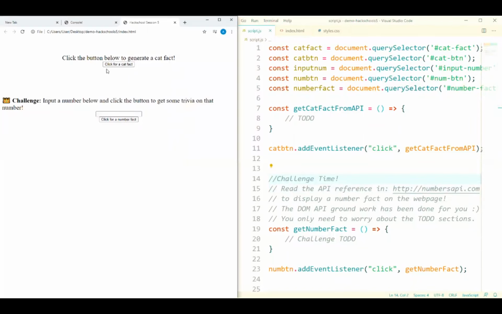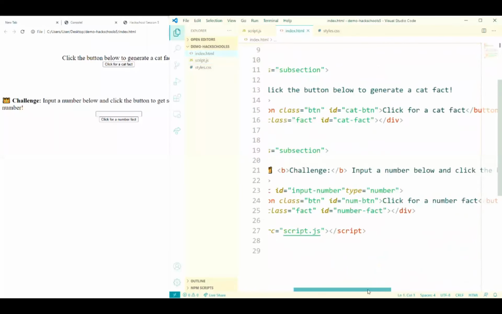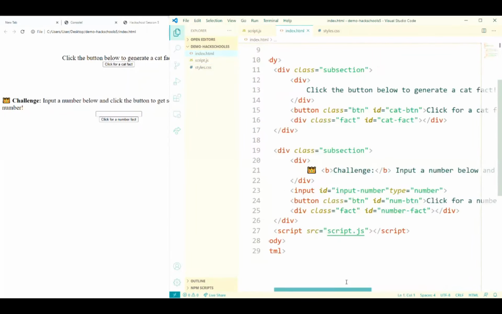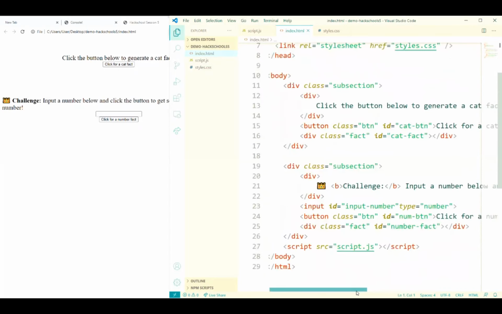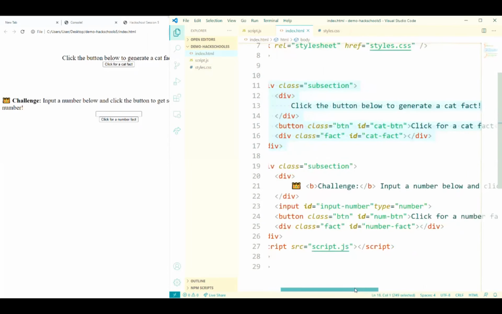So what we want to do, if we go to our index.html, is review what the code does. This is a review from our DOM API workshop. We have a div tag, and inside this div tag it contains everything that we care about.